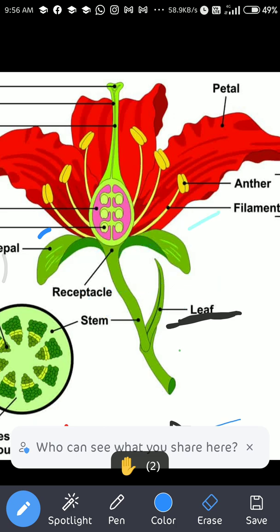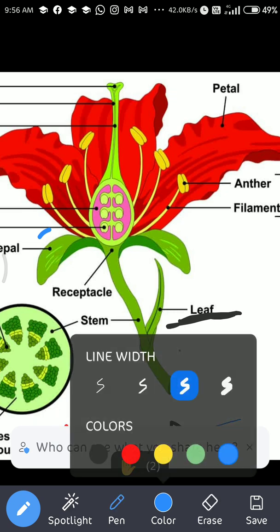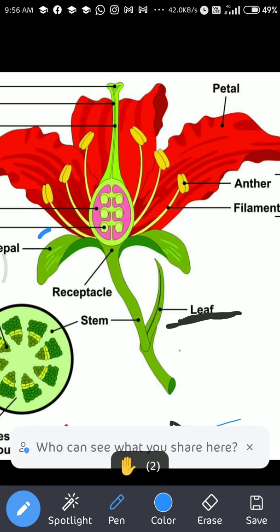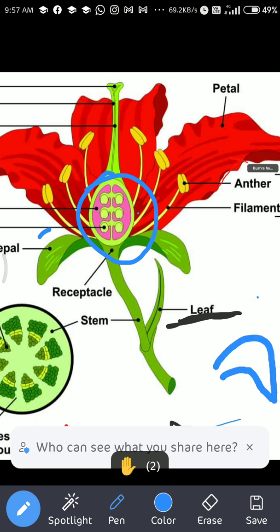You know, after fertilization, the fruit you people are eating is actually, what is it? It's actually this only. This ovary will be changed into the fruit which we are eating. That is actually the ovary, the ripened, matured ovary, and the seeds which are visible in the fruit are actually these ovules. Later on, these ovules change into seeds. Are you getting?